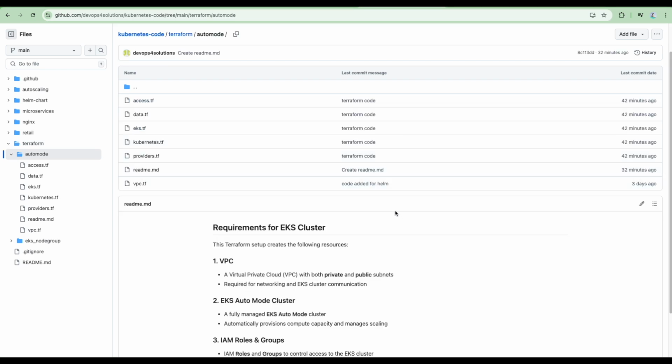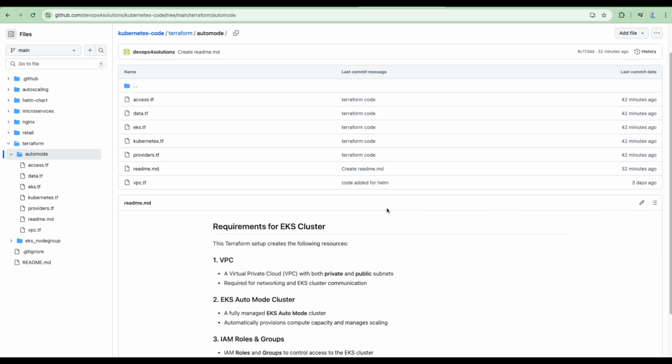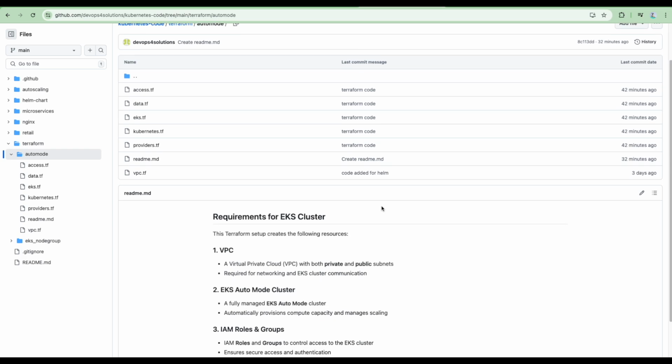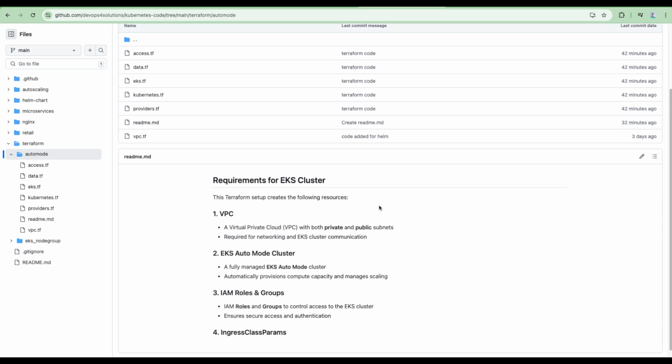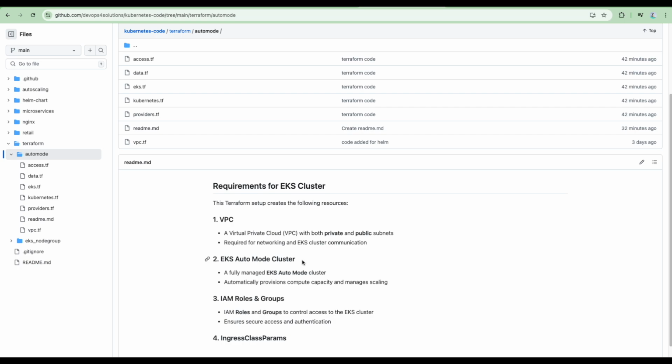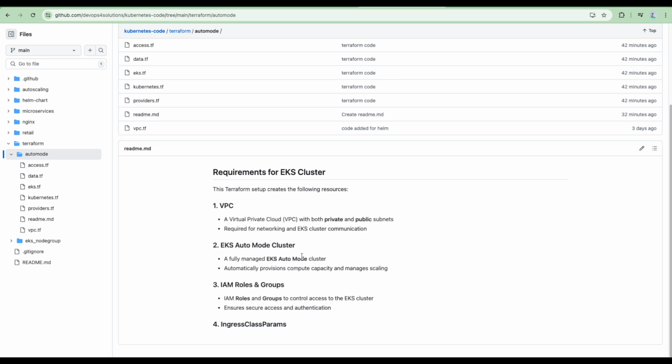So the requirements for creating an EKS cluster in auto mode. First, you need a VPC with public and private subnets and proper tagging as per the EKS cluster requirement. The second, you will be creating a cluster in auto mode where you are enabling that. The third is IAM roles and groups to provide access to the cluster.